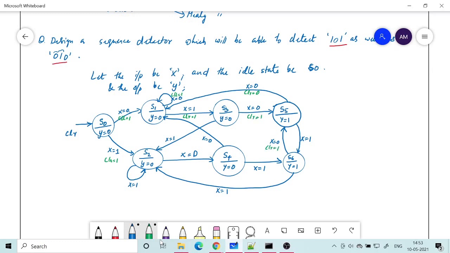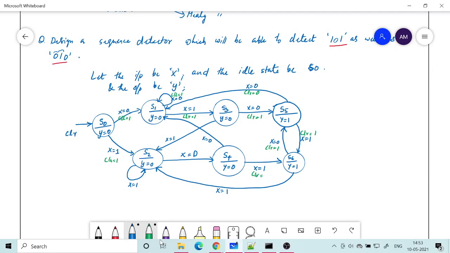If clear is equal to 0, I don't even look at x. It has more precedence. Okay, the clear signal has higher precedence, and it will primarily decide what will happen.